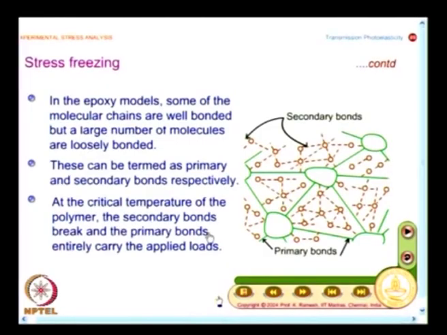So, complex objects have been analyzed by 3-dimensional photoelastic analysis, and this is a very successful process. Though it is experimentally intensive, there are technicians and skilled workers who can do this comfortably. So, at the critical temperature of the polymer, the secondary bonds break and the primary bonds entirely carry the applied loads,